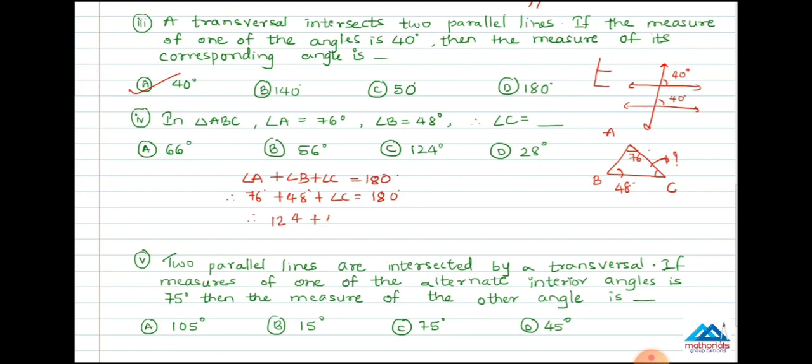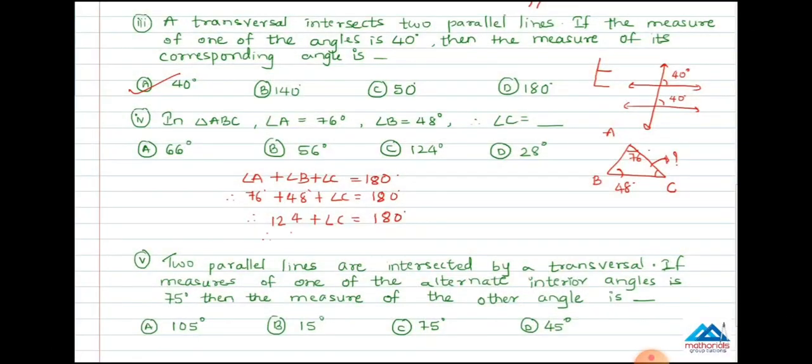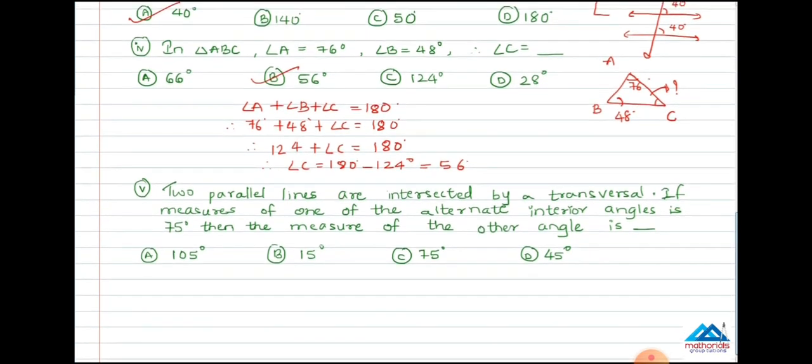C we want to find, so we write C as it is, 180 as it is. Now the number goes to the number side. If 124 goes to the other side of the equal sign, here 124 is plus, so it becomes minus. So C as it is, 180 as it is, 124 goes to the other side and becomes minus 124, so we get the answer 56. So option B is correct, 56.